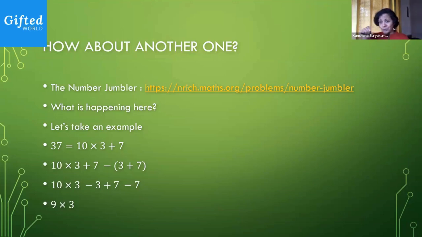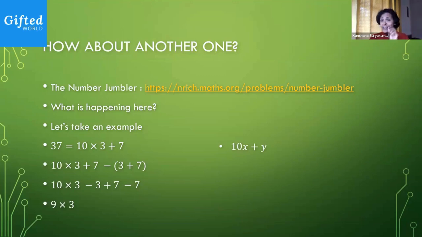I don't know the digits, so I don't know what is in the tens place. I don't know what is in the units place. I'm going to assume it's x and y. Okay, so I'm going to write this as 10 times x plus y. I did a little bit of shortcut here, a little bit of cheating. In algebra, you can write 10 times x as 10x, just to make it simpler to look at.